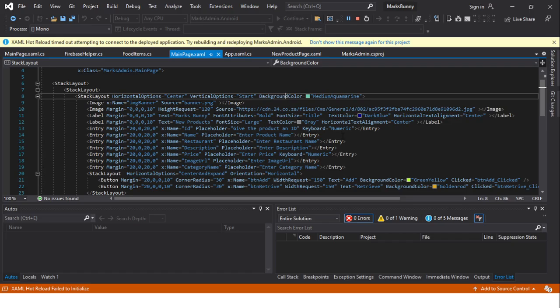The nice thing about XAML files is that you don't have to create a separate style sheet. You can, but you don't have to. You can create it on the fly as you go. So let's maybe change this color to